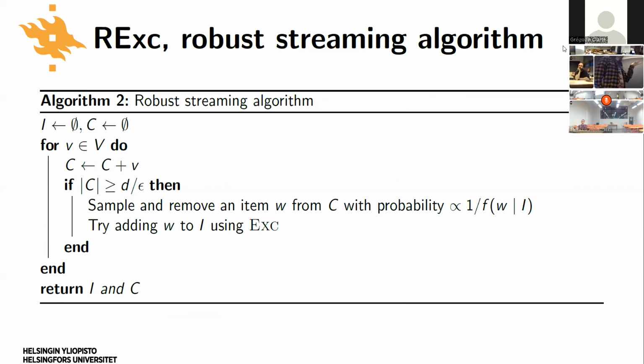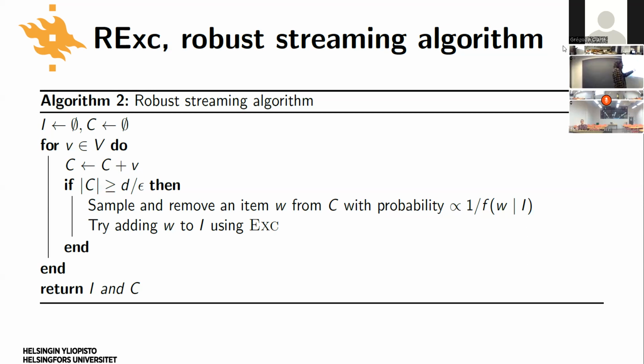And so first, let's construct a coreset. This is the first algorithm, the actual Alg1, which constructs the coreset. The next slide is going to be the actual algorithm that constructs the solution. It's also a streaming algorithm: you just go over the items. It returns two sets, I and C. I is kind of the tentative solution, and C is your coreset, although technically both I and C together are your whole coreset.